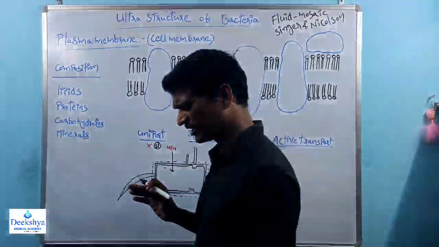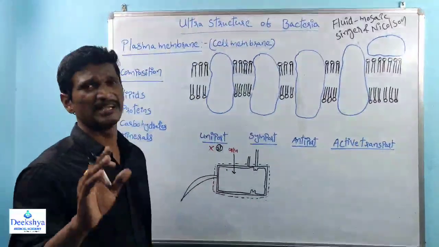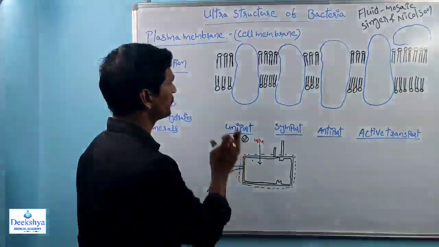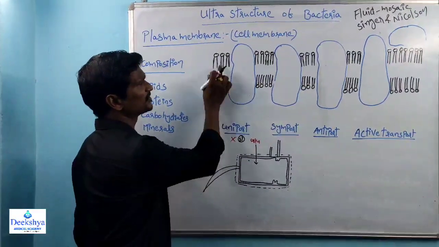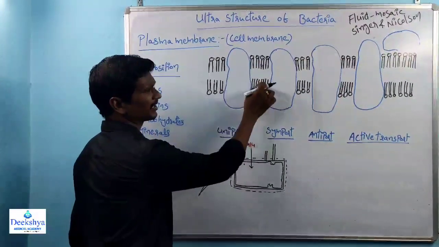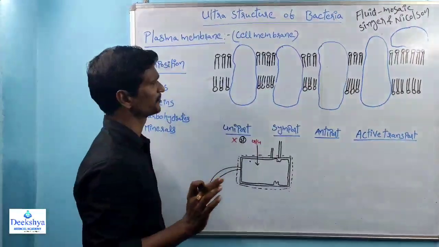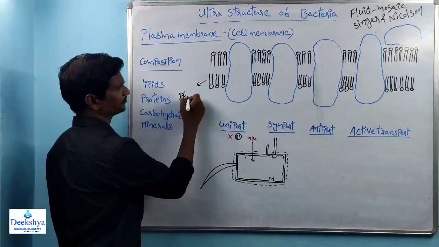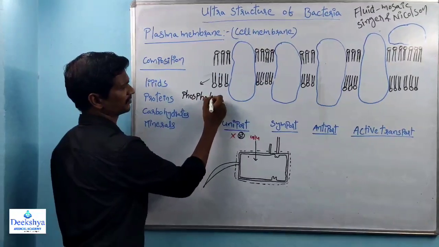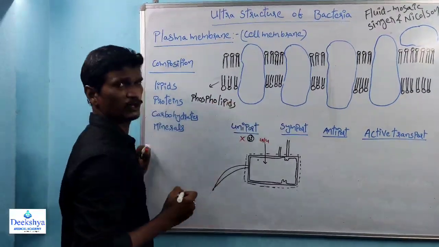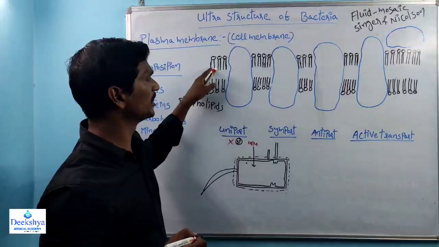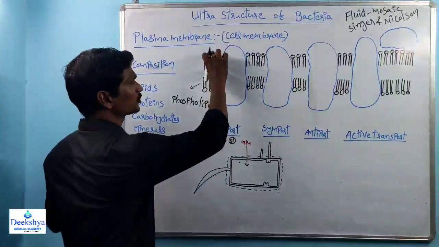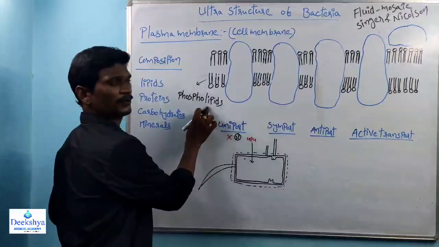And see, all of you, the plasma membrane is majorly involved in the transportation of molecules. One type of molecules is transported by the lipids here, the black color. The black color part indicates lipids, right? Especially these are phospholipids. So here there are two layers of phospholipids. This is one layer of phospholipids, and this is the other layer of phospholipids.